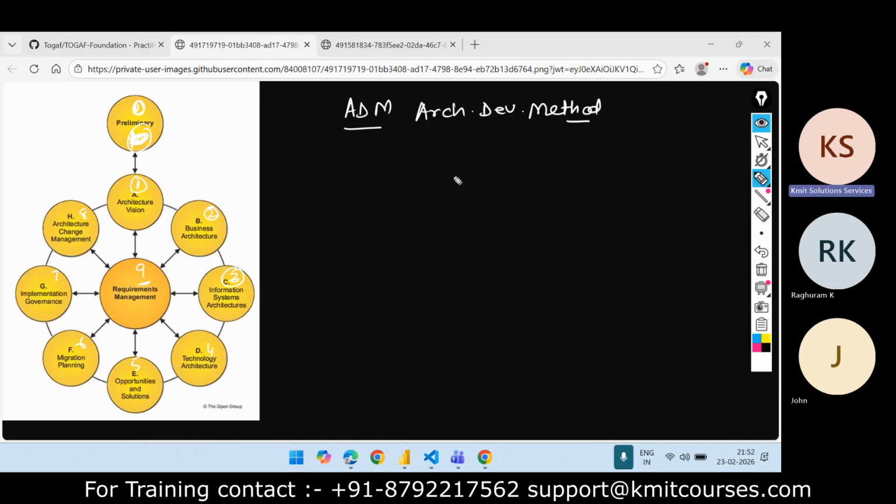With the help of this method, or this life cycle, what we are doing is developing and managing the life cycle of enterprise architecture.